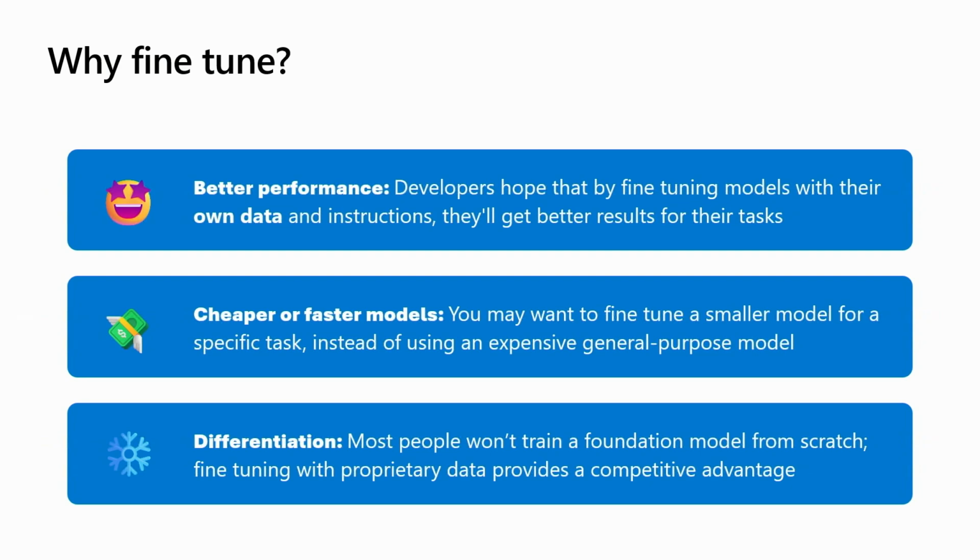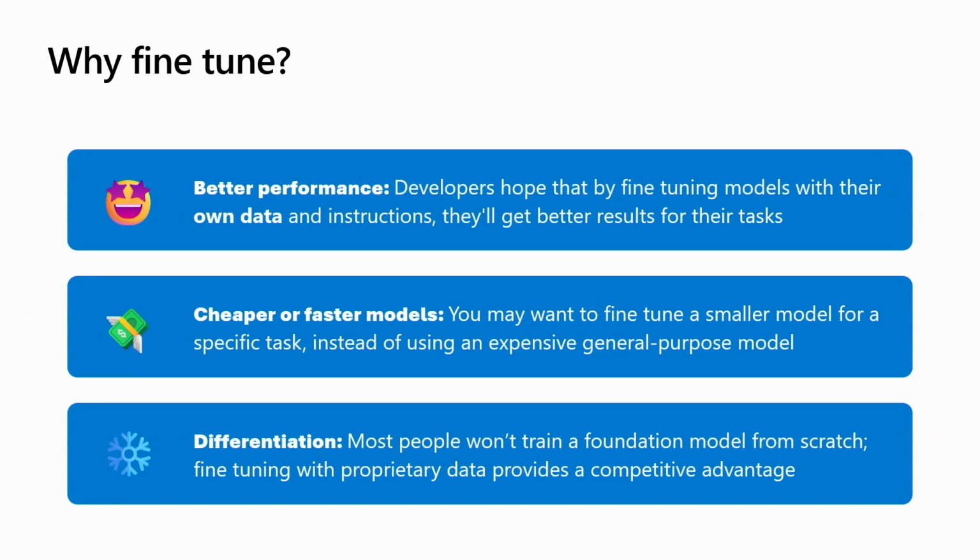Number two is it's cheaper. You don't need to use a large, expensive model, which is good at a lot of things. You can take a much smaller, cheaper model and train it to do a specific task which you want. So you spend much less money. We will see this also in our takeaways with an example.